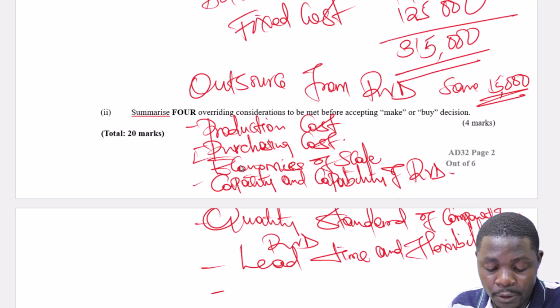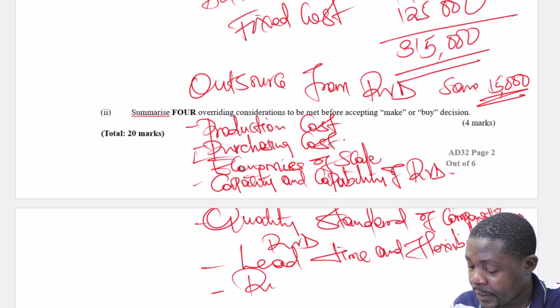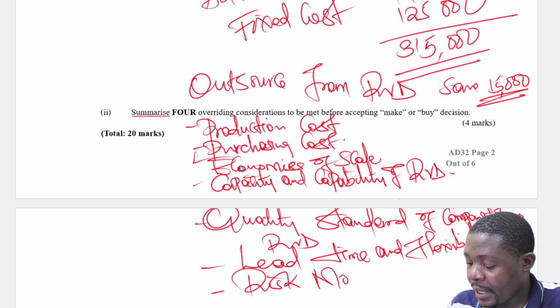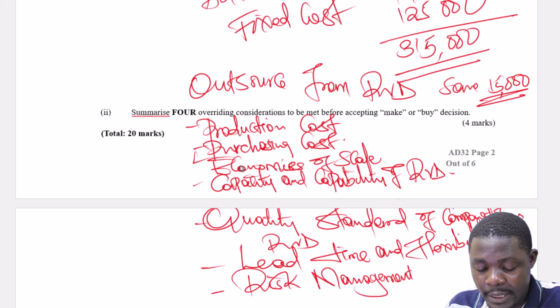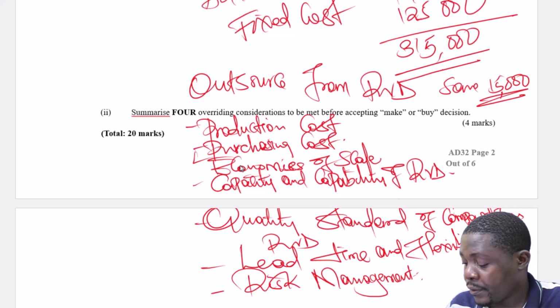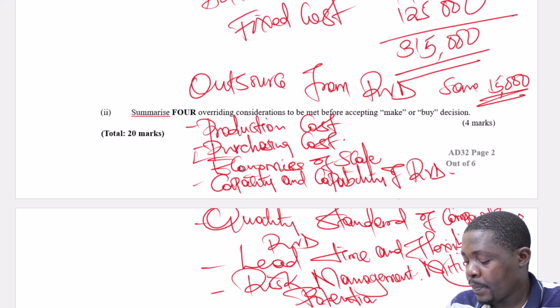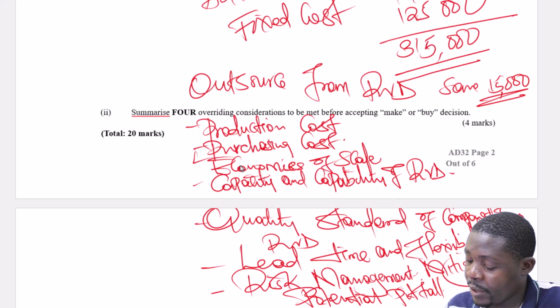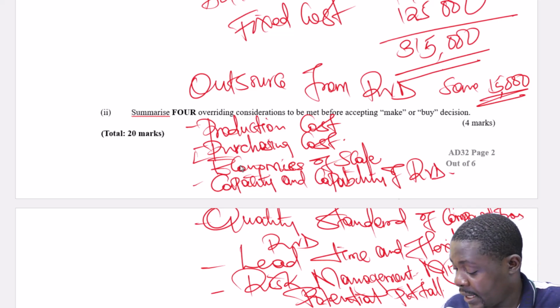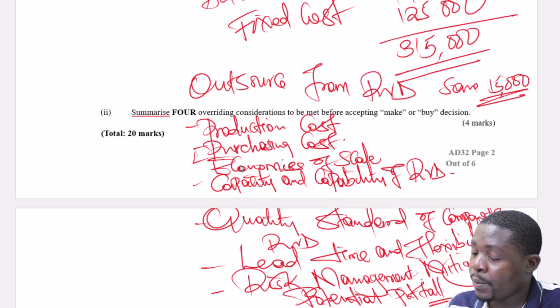And finally, look at the risk management, mitigating potential pitfalls, before you decide that we are not going to produce within, rather we are going to outsource from